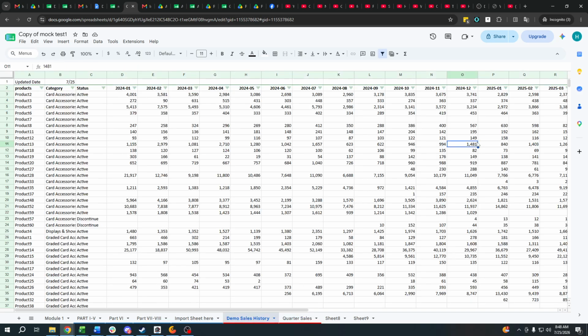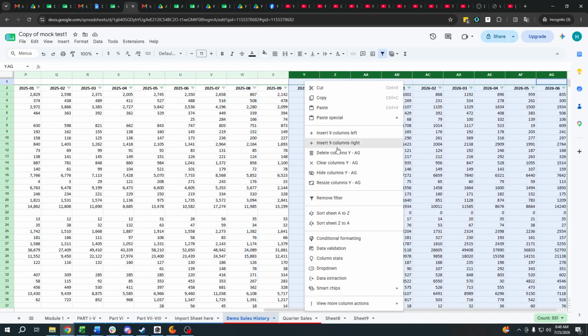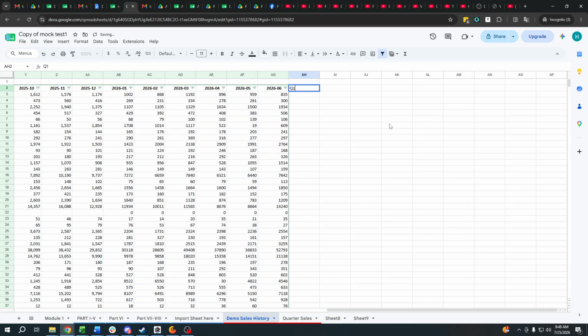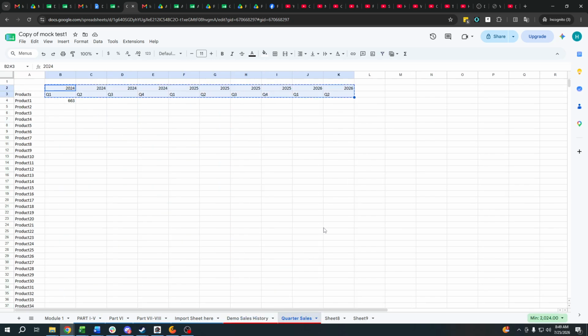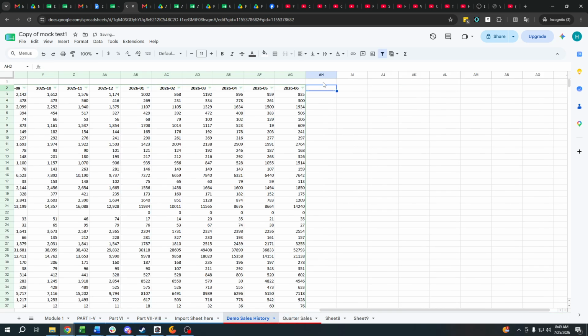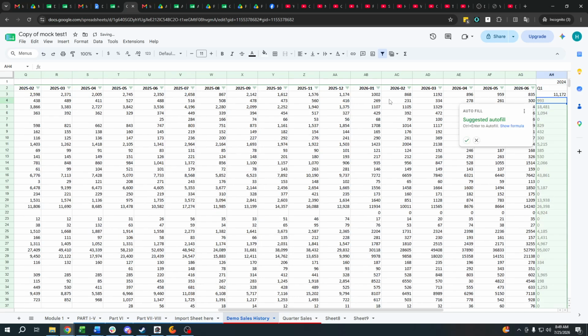So we could just add new columns here, add columns, Q1, let me copy, much better. Okay, so if we just sum this one, it's pretty neat, right?